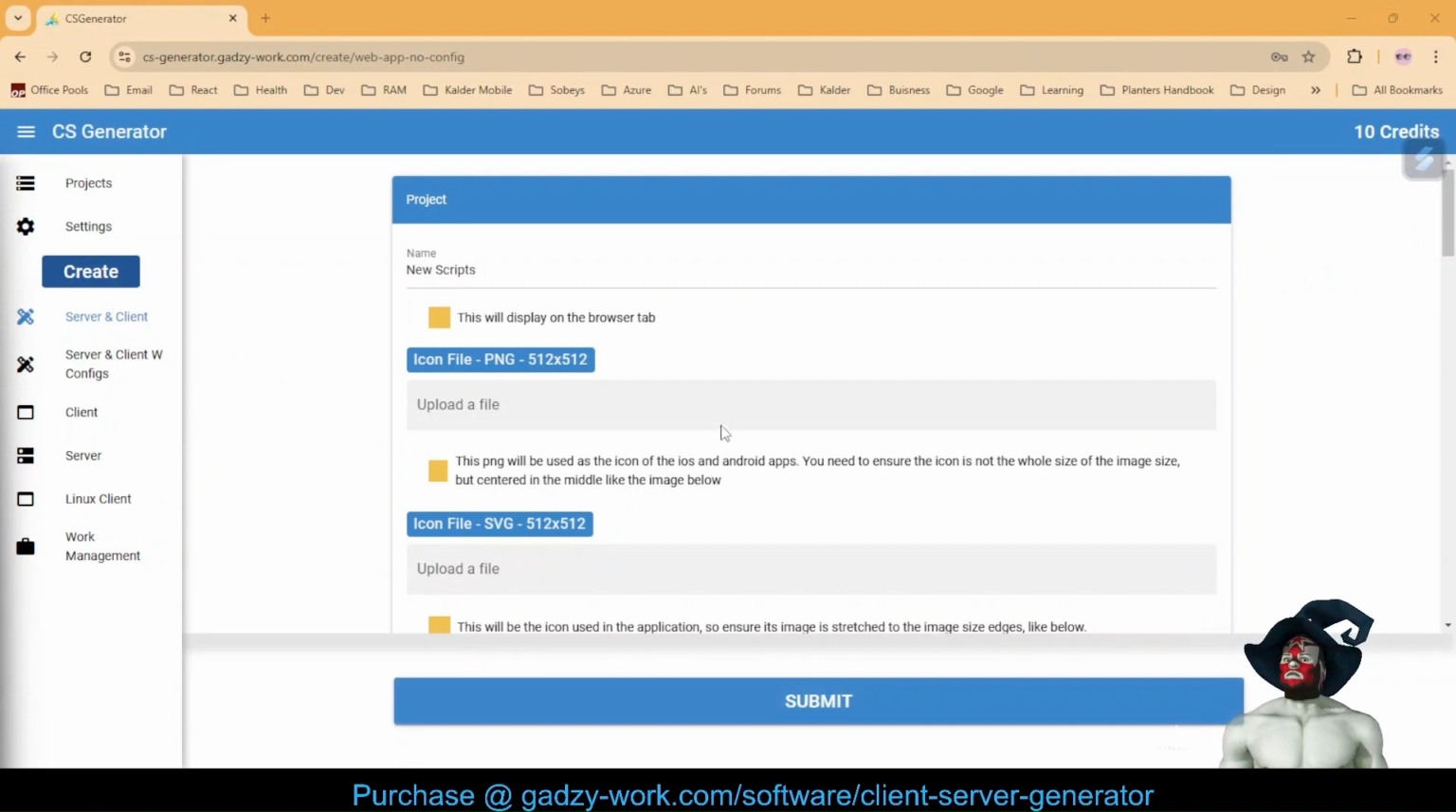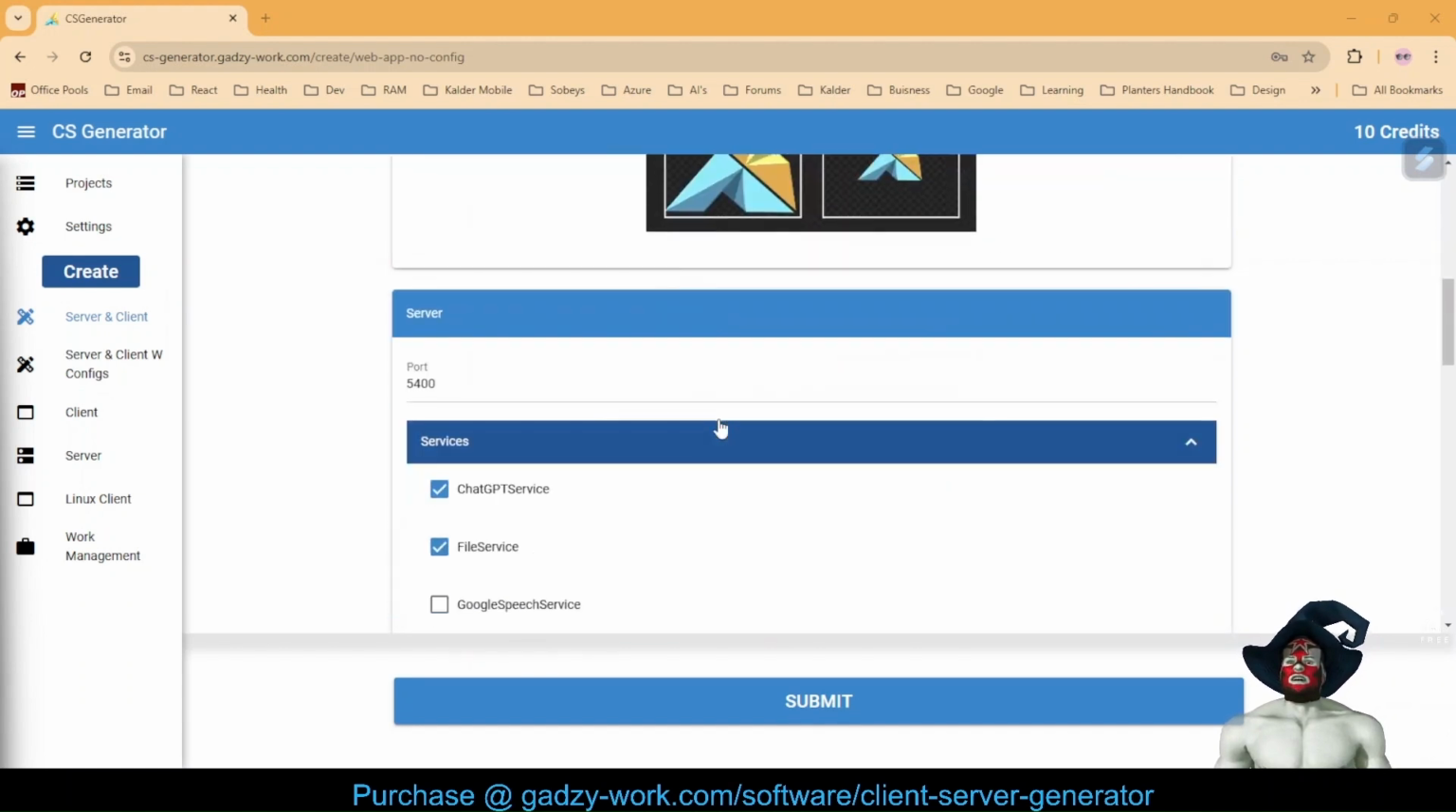All right, so first things first, you're going to need to go to the client server generator site, but first you got to buy the token on my site, which is the link below, and then it'll automatically take you to here. And you're going to be using this to generate